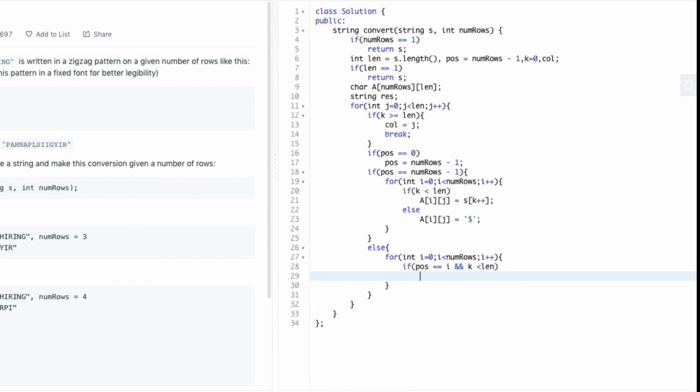If both these conditions satisfy, then we copy the character from s into the array A, else we insert the dollar symbol as above. And finally, we decrement the value of position at each traversal.